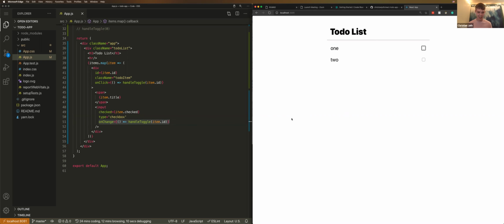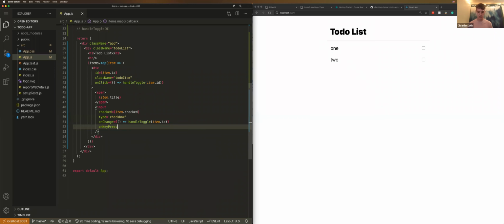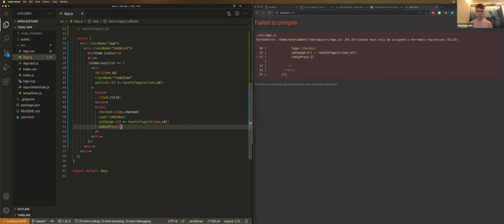it's actually not working. You know what? We need one more function actually. We're going to need an on key press function, and this is also in the repo as well. We're going to need event,